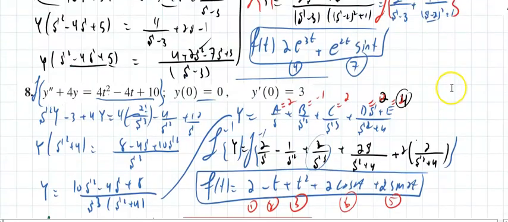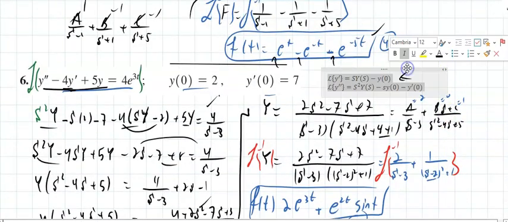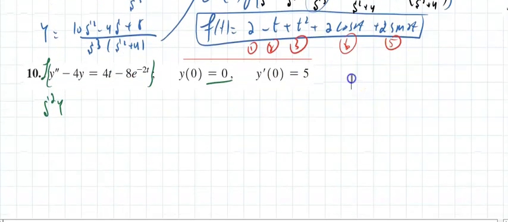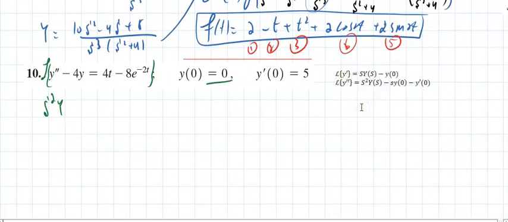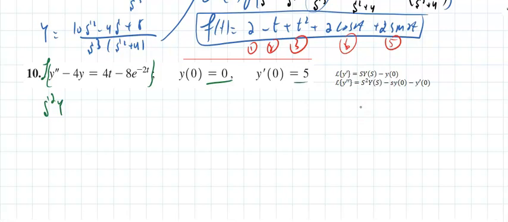Oh, again, I forgot to copy that down. So minus 5, minus 4y equals, this is going to be 4 over s squared, and that is by 4, minus 8